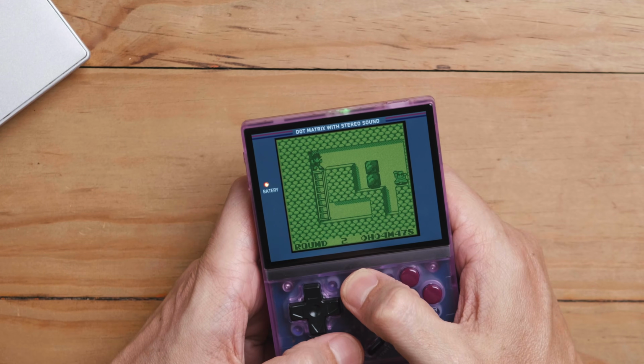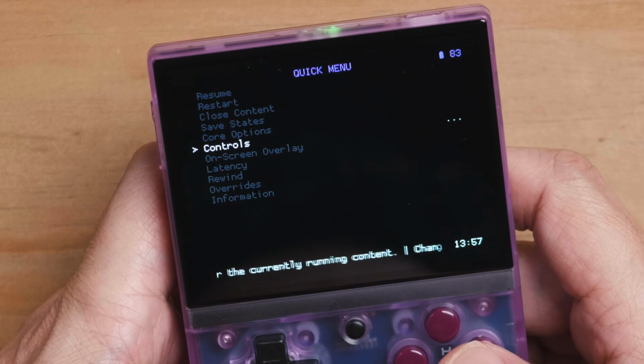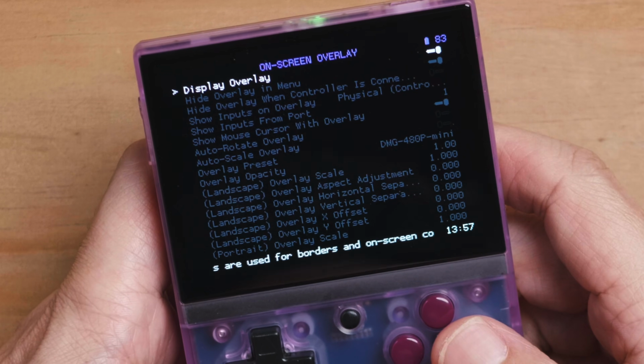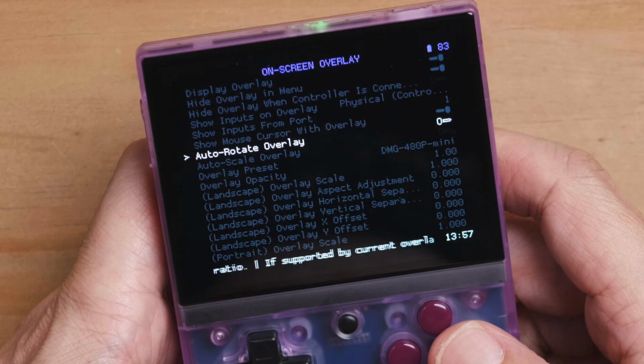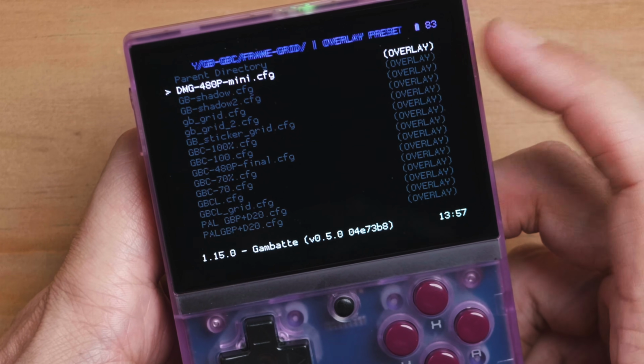It is the GOAT. Okay, so you may have noticed that my Game Boy overlay is super cool. So to get into the RetroArch menu, open a Game Boy game, press menu and select, go to on-screen overlay, display overlay needs to be on, go to overlay preset. And as you can see, they had something else selected. I've already done this now. I've selected